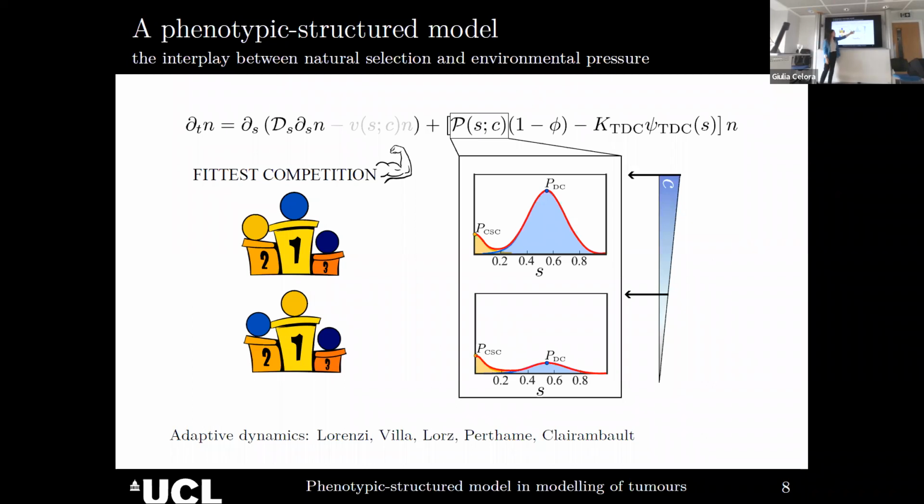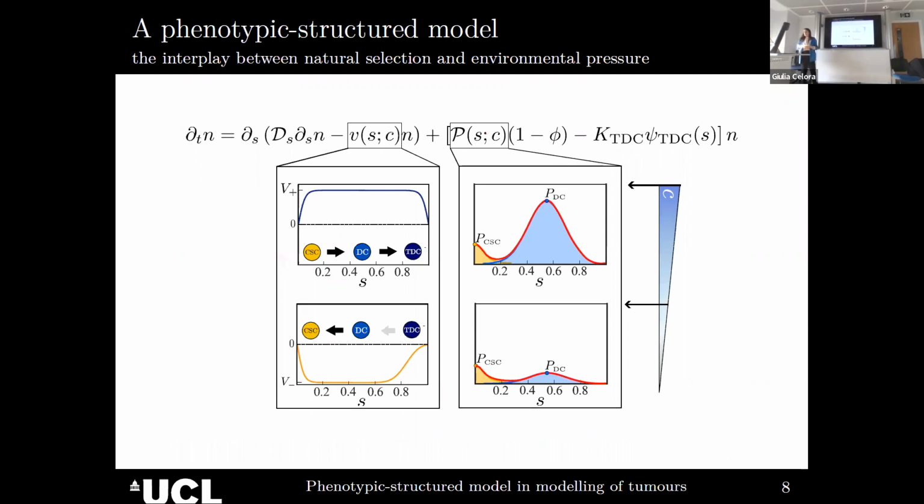So in the first case, we would have a high abundance of differentiated cells because they are the most proliferative, and in the low oxygen case, we would have instead cancer stem-like cells win. But the key novelty of the work is that we introduce both. So we want to see how the competition between these two mechanisms shapes the intra-tumour heterogeneity of the tumor